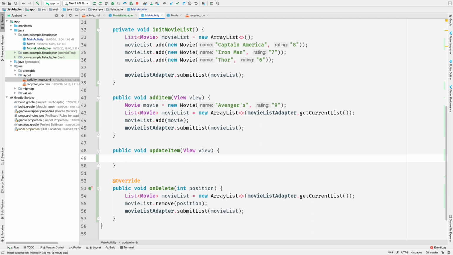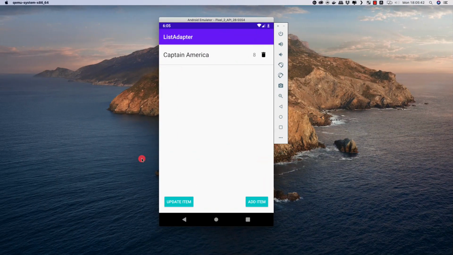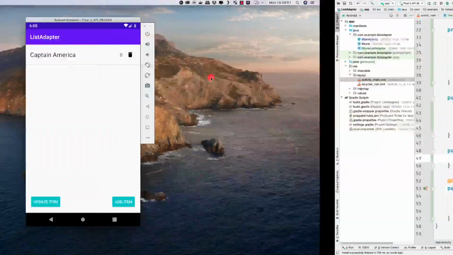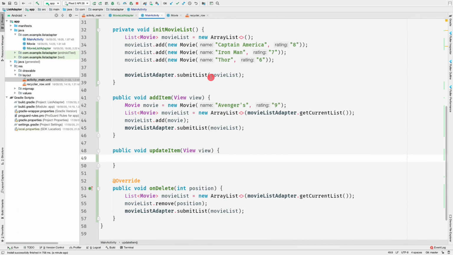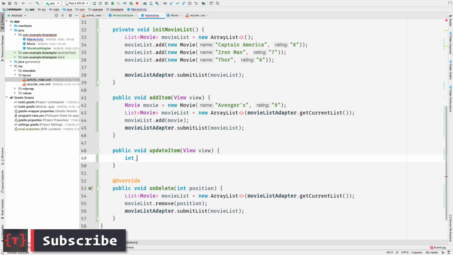Firstly, to update an item, we'll choose a random position inside our recycler view. Since we do not have a reference to update the item, we will choose a random position inside our recycler view to update that item. So let me create a random position int variable here, and this is totally for demo purposes. Inside your real application, you should be clicking on an item and going to a new fragment where you can edit the item, but here in this tutorial, I am simply using a random position of the item.